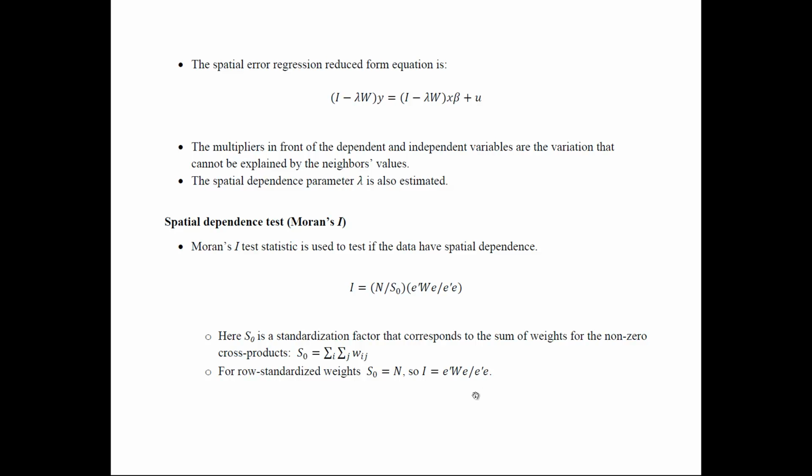And so this test statistic here would depend on how much this matrix here affects the results. Would it make this close to 0, or would it make this close to 1? And that's how we would decide whether or not there's any spatial dependence. If this is close to 0, then there's no dependence. If this is closer to 1, there would be a spatial dependence. So again, we talked today about spatial error models and spatial lag models,